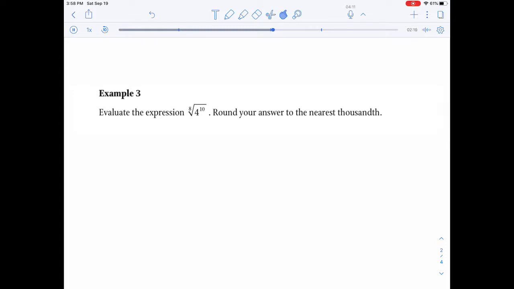Evaluate the expression, the 8th root of 4 to the 10th power. Round your answer to the nearest thousandth. So let's rewrite this. We have the 8th root of 4 to the 10th power. So let's take 4 to the 10th power, put that into our calculator. It's equivalent to